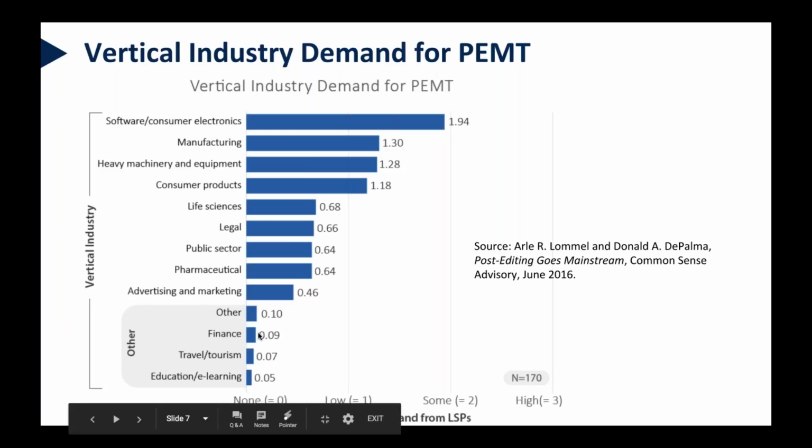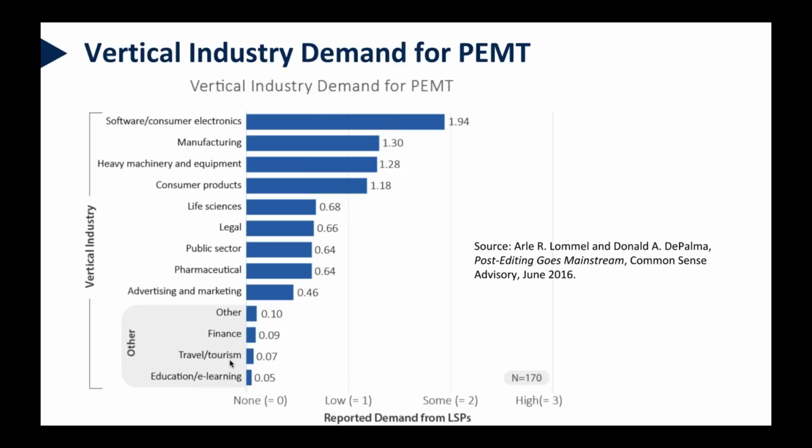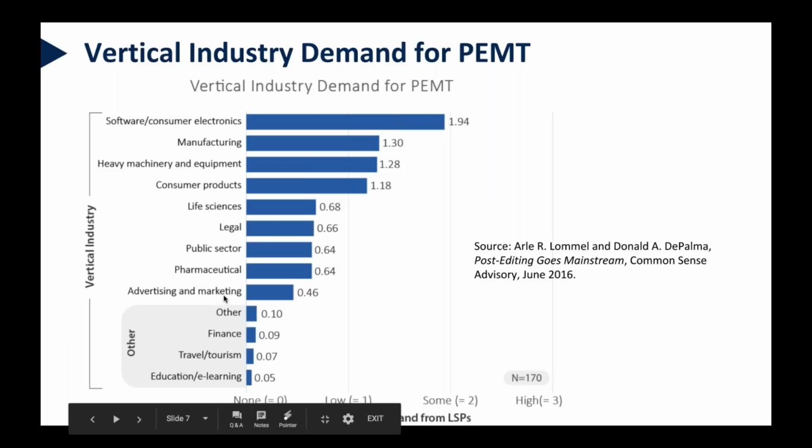But as you can see from the bottom here, this also back in 2016, there were some sectors that you maybe wouldn't expect. For example, travel and tourism. I mean, tourism is a sector that requires a lot of creativity, does it not? Yes, of course. But also marketing, I see, advertising and marketing. Correct. I would never expect to use machine translation post-editing for that type of content. And surprisingly more than other sectors like tourism, which should be a little bit easier and less